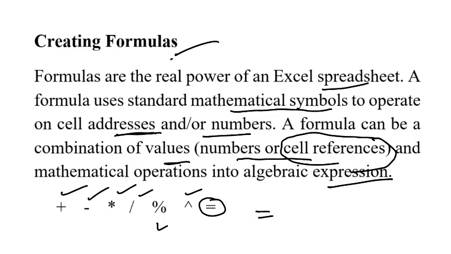Without the equal sign, whatever you type, it will only save that, it will not act as a formula. If you want to make your instruction a formula, then you have to start with the equal symbol. By typing the equal symbol, you can construct the suitable formula which you want to type. So it can be multiplication, division, addition, subtraction, so many other things which you can do using this.